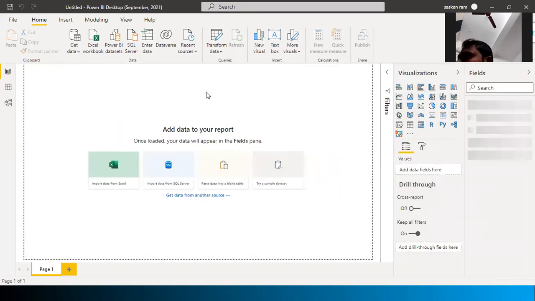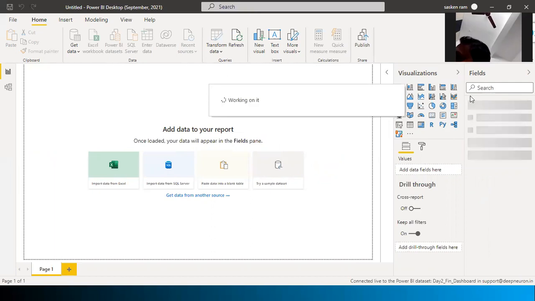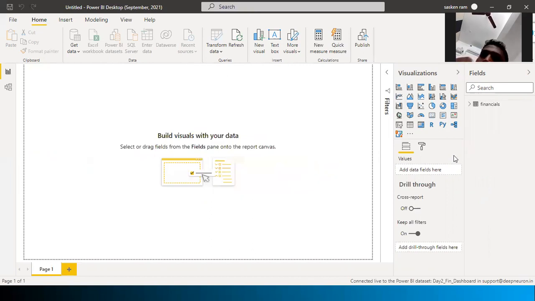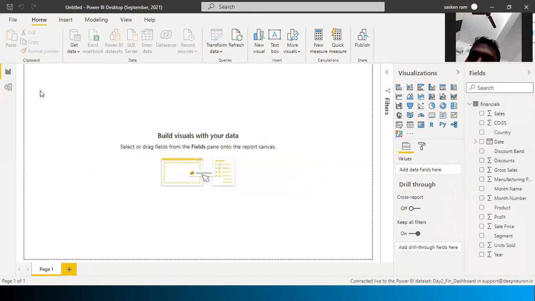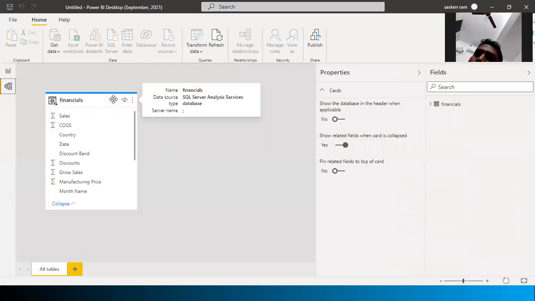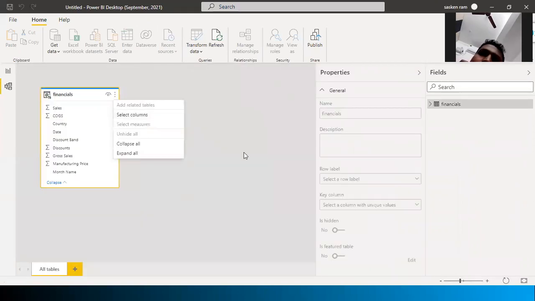When you select it there on the cloud, it will take some time to get loaded here. Look here, it takes some time working on it. It will take some time to import from the cloud to your local desktop. Look here, now it got imported, right? So when you go here, you cannot delete this one from this model. See, you don't have a delete option, and also you cannot make any changes to it. Okay.